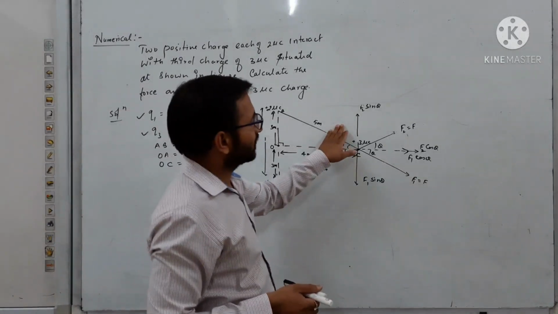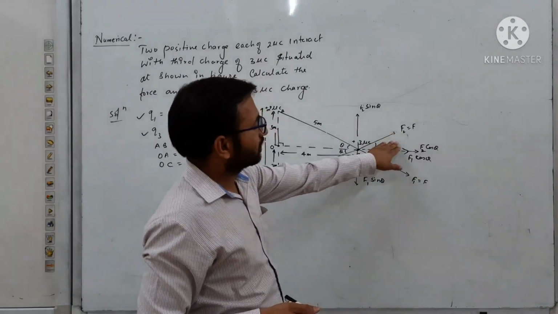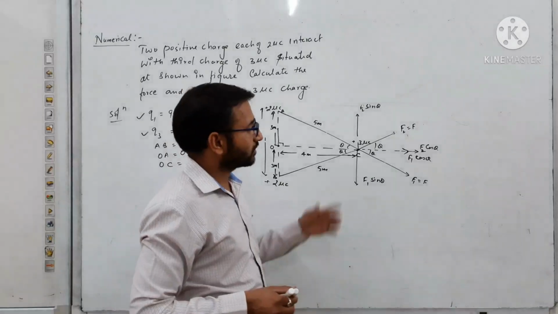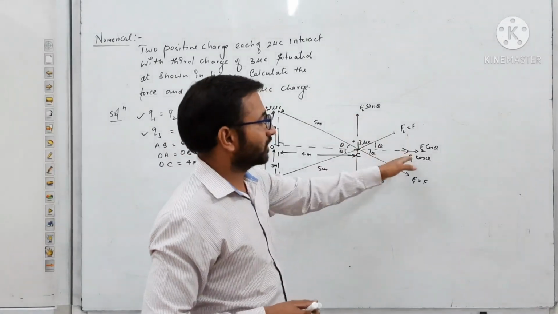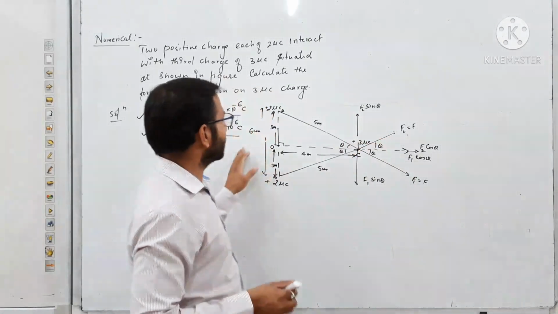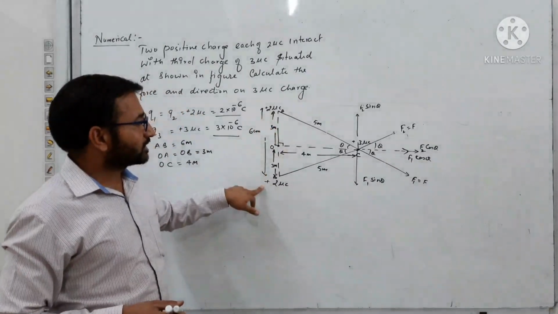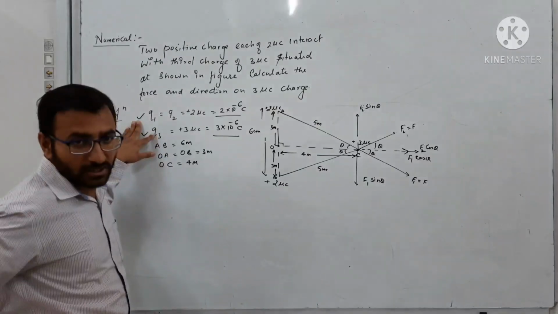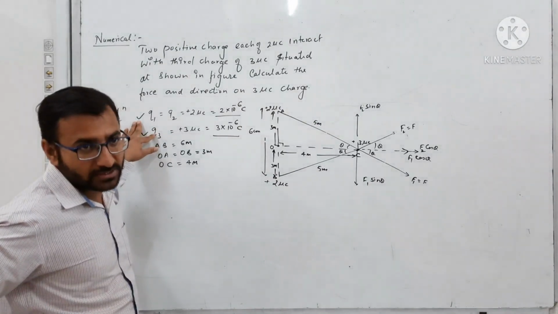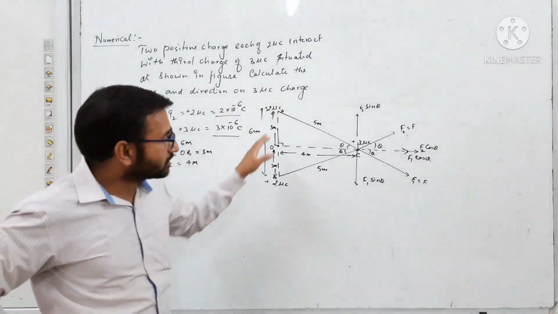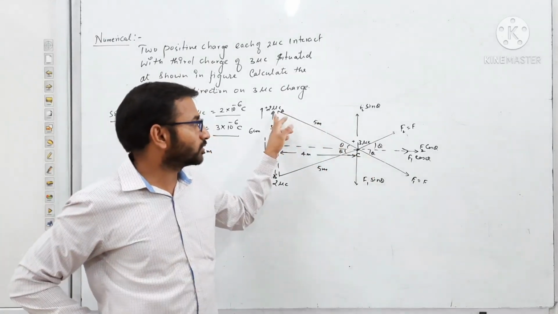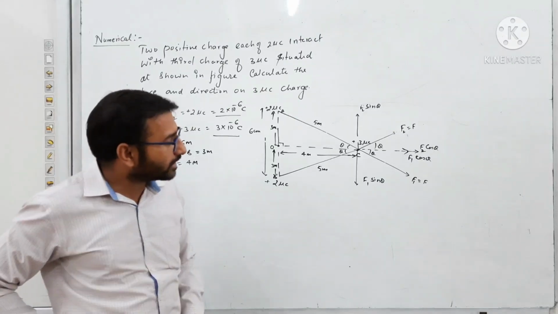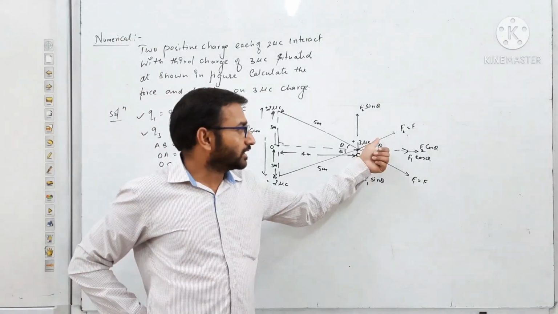So from the diagram I have split the forces into resolving components, or resolving vectors, or you can say the vertical component and horizontal component. Here we have two charges Q1 and Q2, both of the same magnitude, and the third charge Q3, which is 3 microcoulomb, is common for both of them, because the force experienced by it due to this and this are the same in magnitude. But there is a little change in their direction.